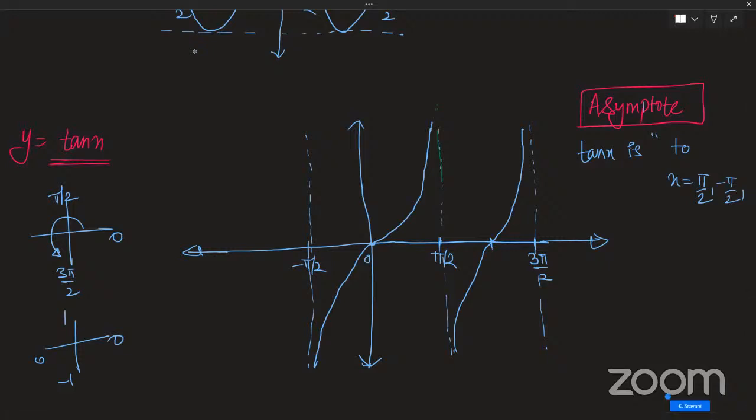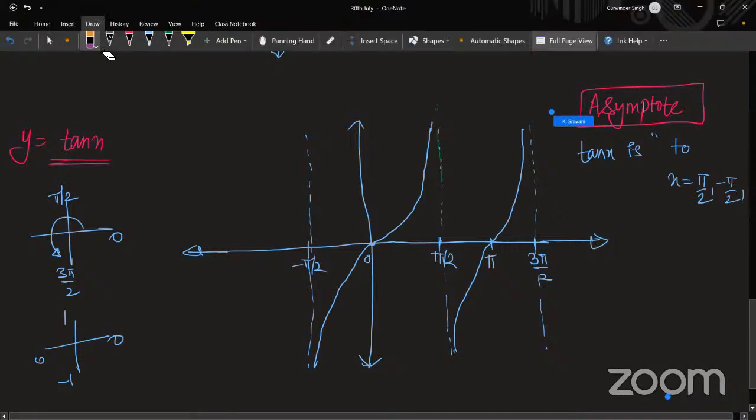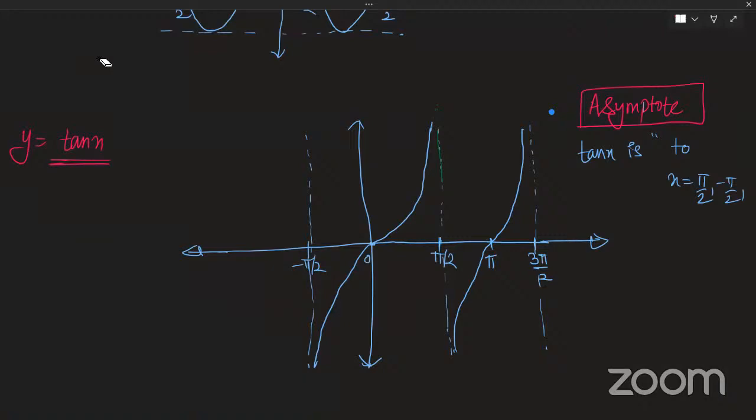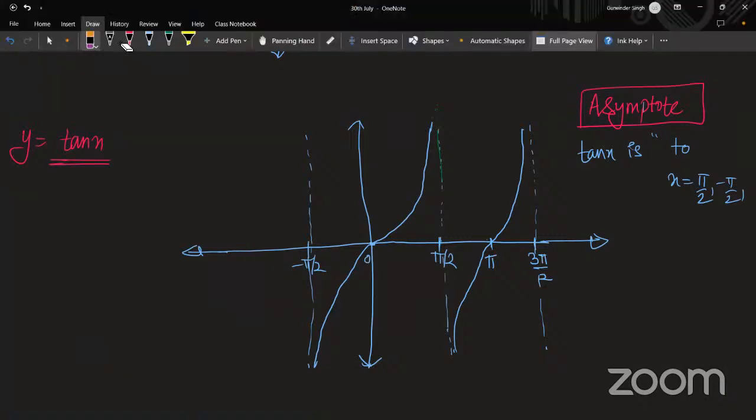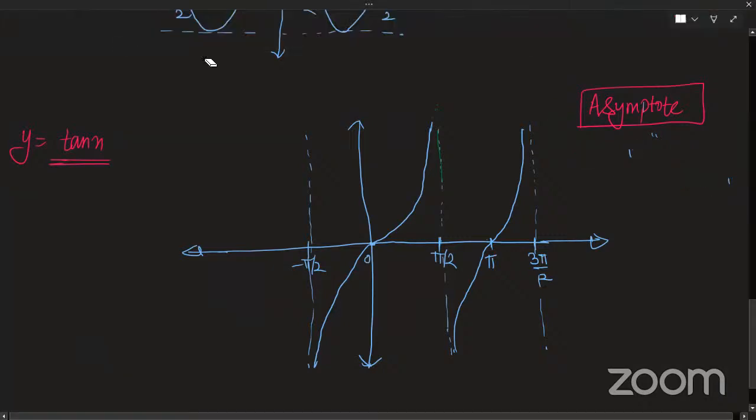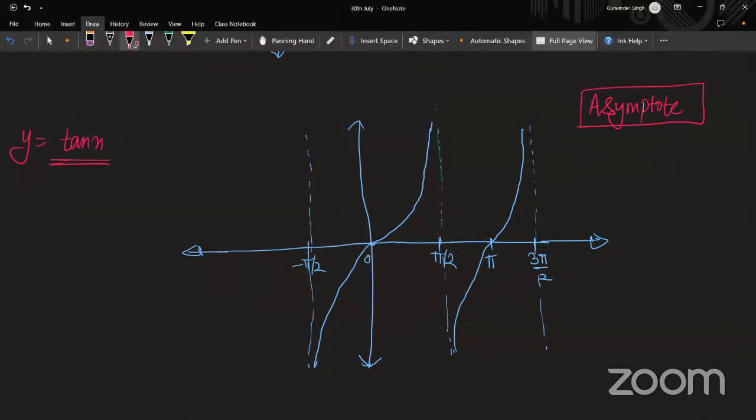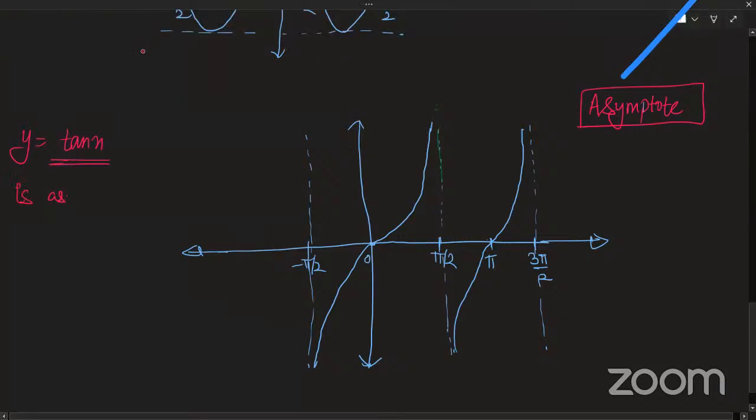Yes, it is correct. This thing is pi, na? It is pi. Yes, it is correct. I was just verifying my calculations. So see, the point I'm trying to make is this curve is asymptote. Y is equal to tan x is asymptote